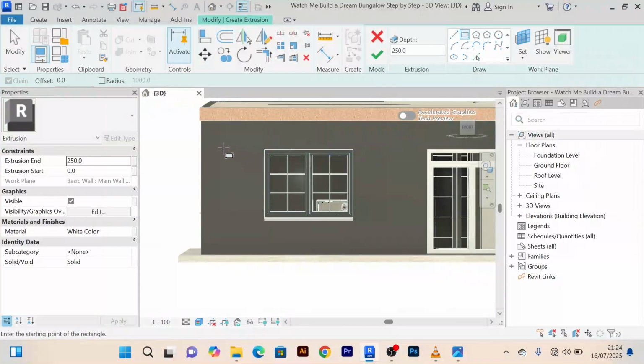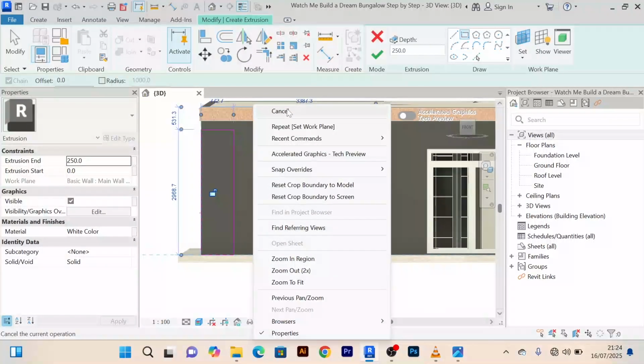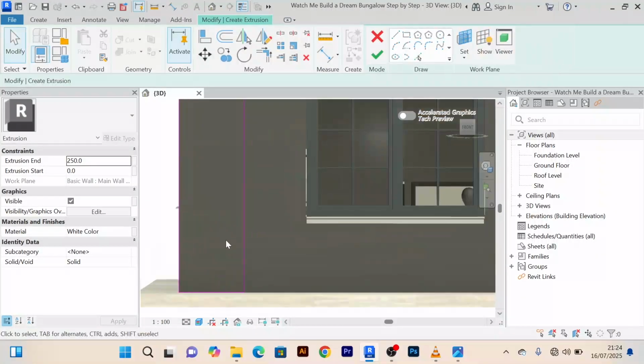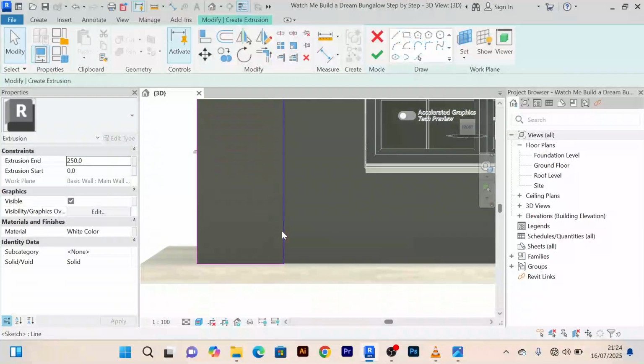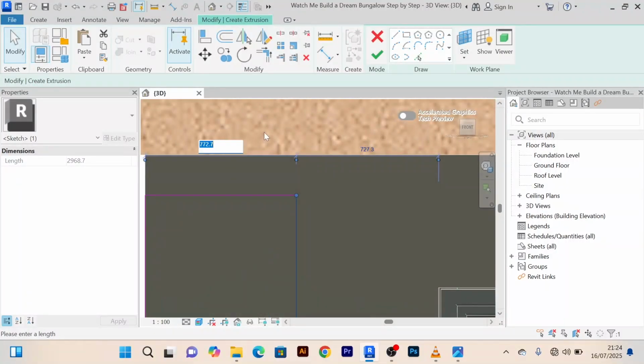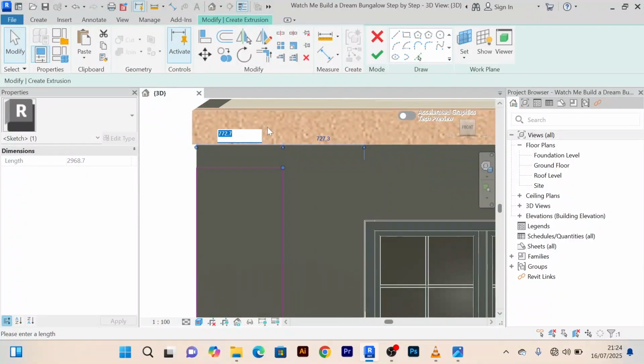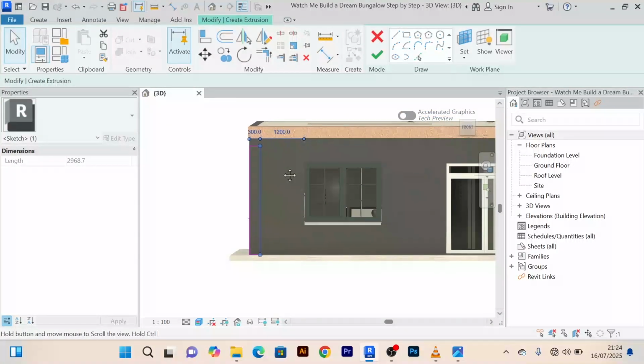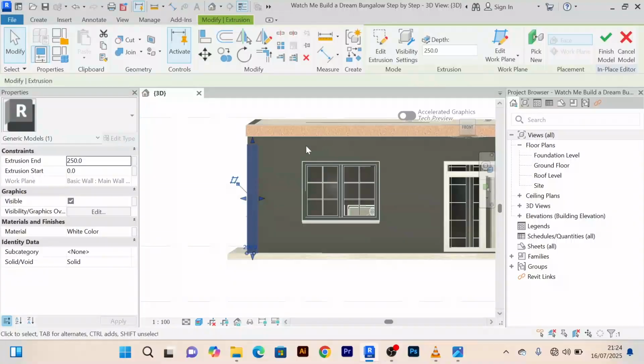So I'll go with my rectangle. I'll just draw something like that there. Then I'll escape a bit. Then I want to give it a thickness. I'll click on that. Then this one is 700. I guess I can just give it 300 as well. I'll click OK. And then when I tick here, it will now bring us to the part where we can